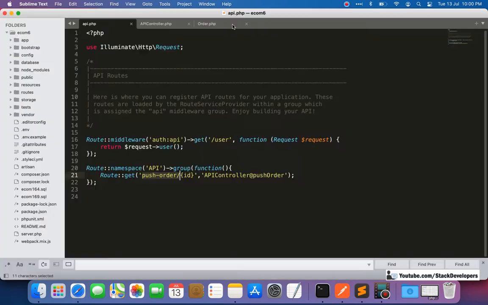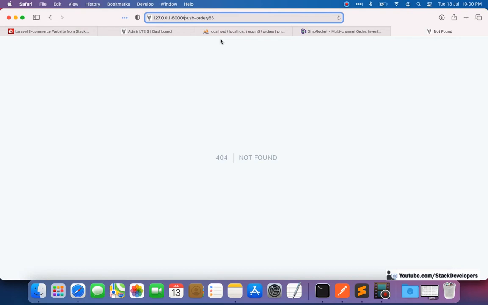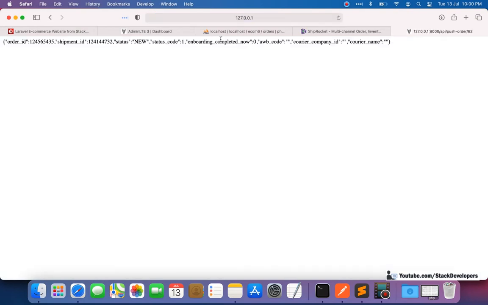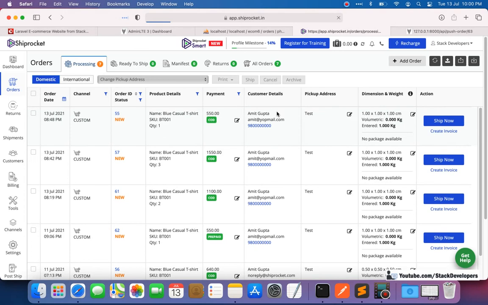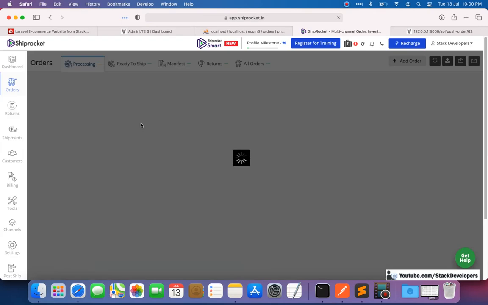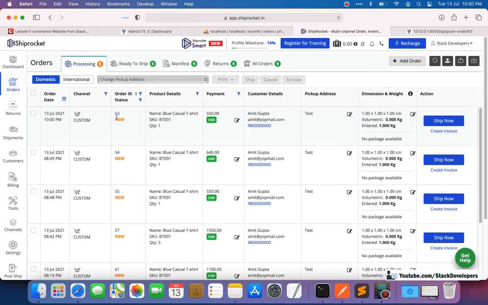The API will come up here, API slash push order. Let's see, the order has been pushed. This is the result that is coming. Now we are going to refresh the panel to check whether the order ID 63 comes or not. And here you can see the order ID 63 has come with complete details.